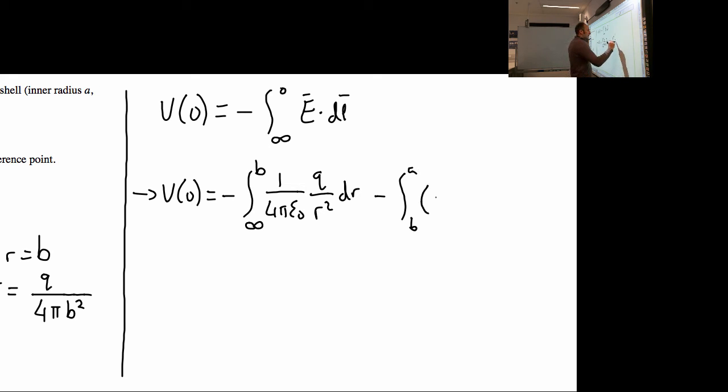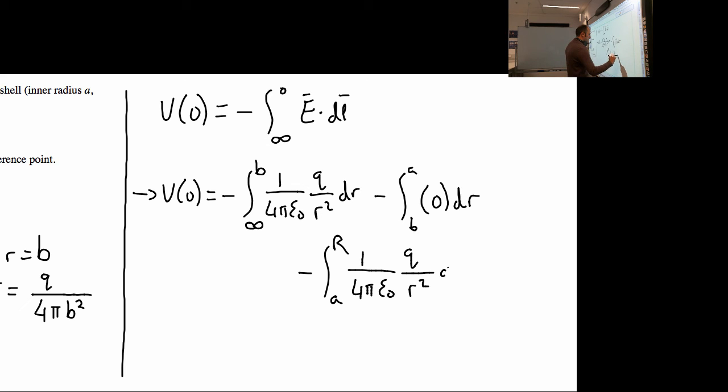Okay, so what we have here now is the integral of 0 dr, minus the integral from a, so from the inside surface of the spherical shell to the surface of the sphere, E dr,